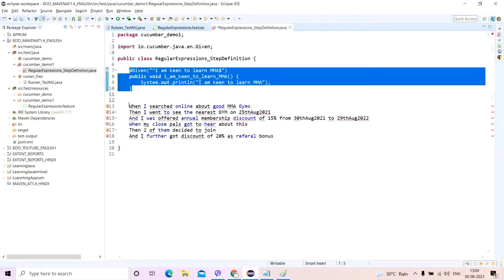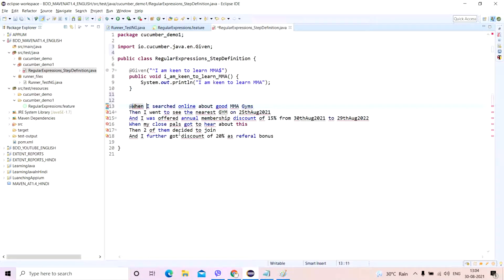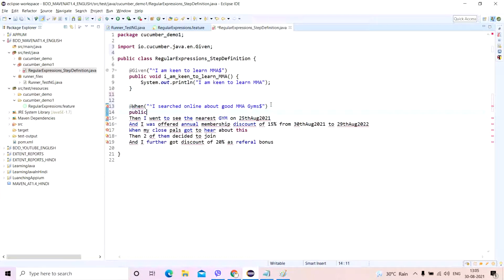So let's quickly do it without wasting any further time. Please remember, you have to do it like this. You mark this as a string, don't allow spaces, end with the dollar, and in the beginning you put the caret symbol. Simple. Come to one step, make a method, public void I_searched_online_about_good_MMA_gym.